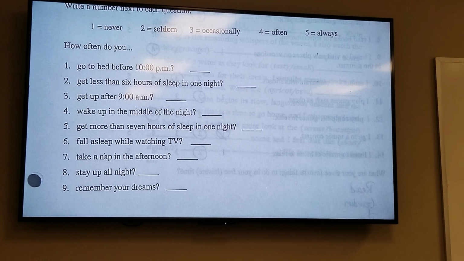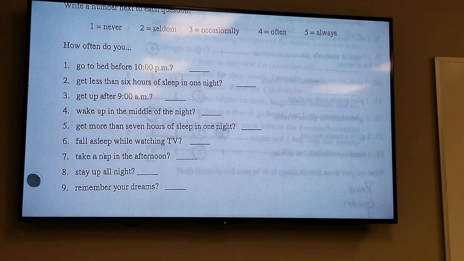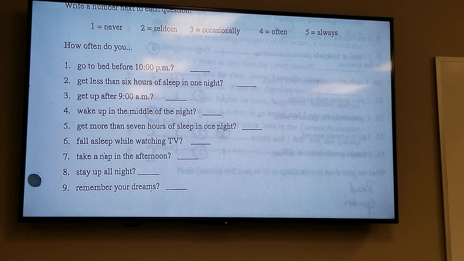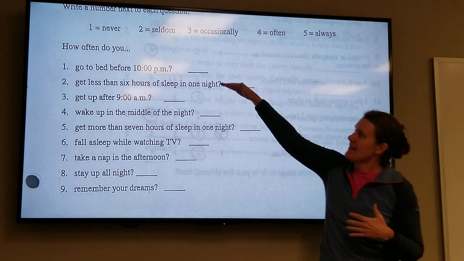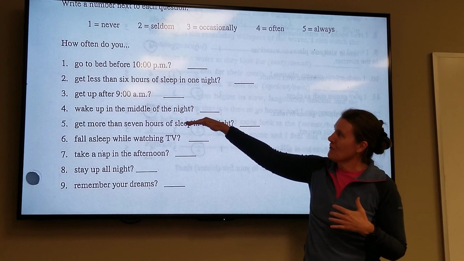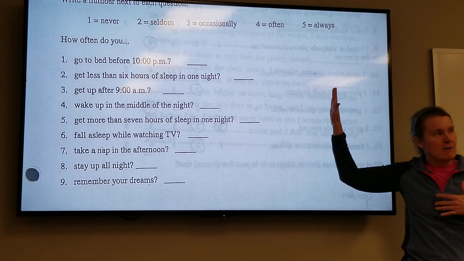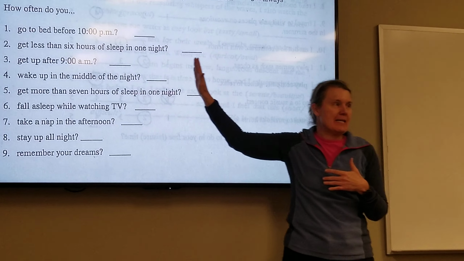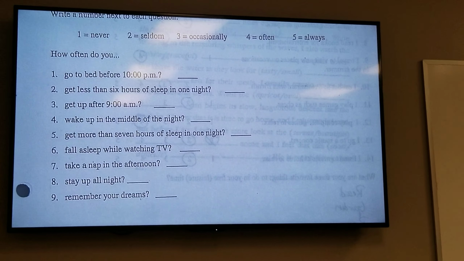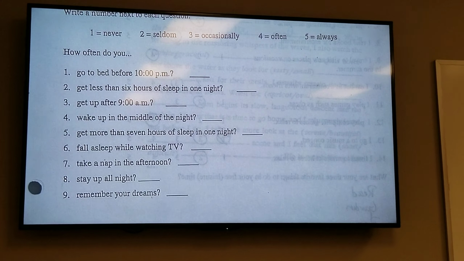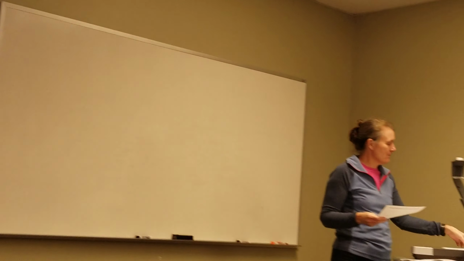So now I have to work the room and find someone who never goes to bed before 10 o'clock and someone who often goes to bed before 10 o'clock. So I wouldn't necessarily use this many, but I think you could do 3 or 4 and get walking around and get talking to people and filling in names in boxes for people who do the various things. So the example and the little exercise we're going to practice is find somebody who.